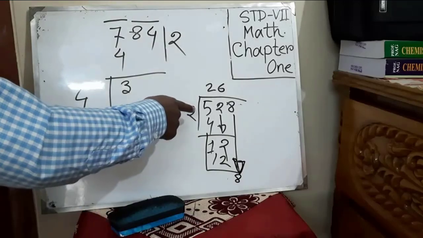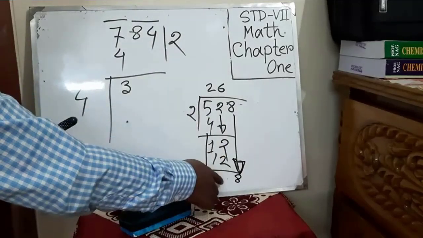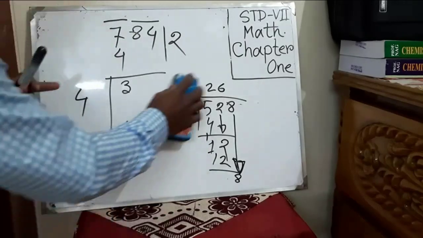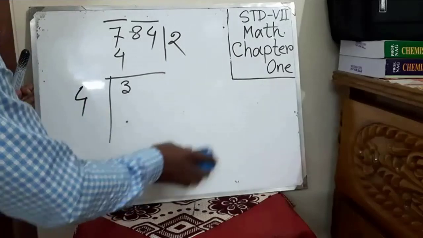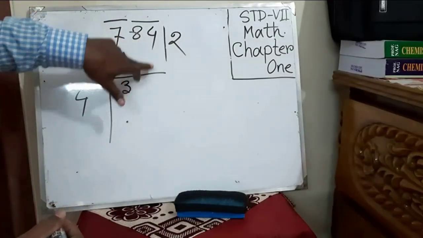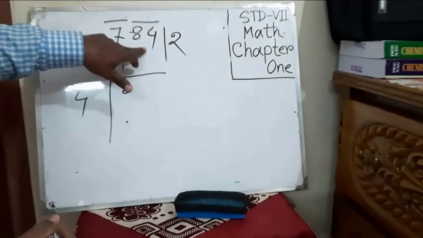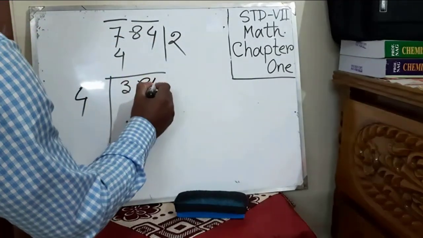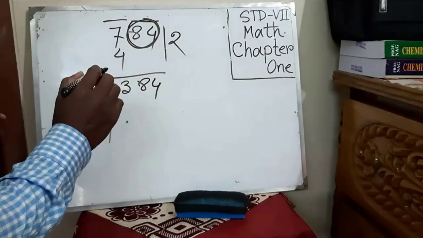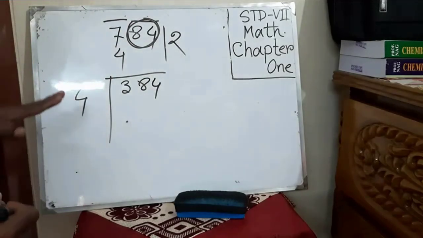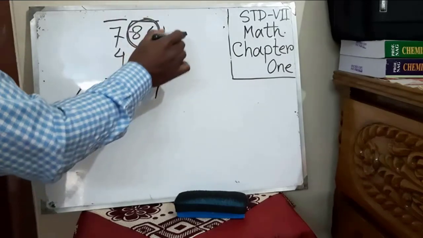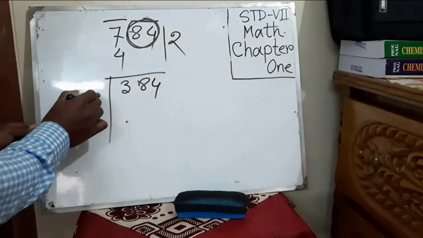So we have seen that in general division, digits are brought down one by one. But in this method, to find the square root using the division method, one pair will be brought down. The total pair 84, not only 4, 84 will come down. Okay, then what will you do? You will consider a digit there. Whatever digit you put here, you will write the same digit here.